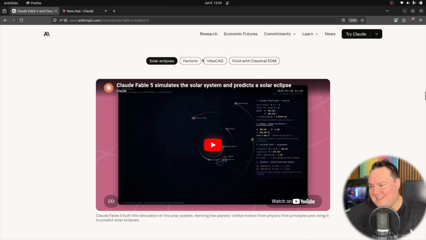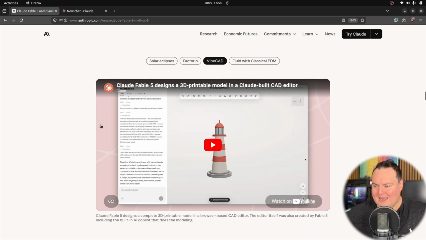They also do have some nice demonstrations of capabilities here. In specific, I find this very interesting because 3D CAD design is something that I've tested models with before. We did a dedicated video where they had to design an enclosure in OpenSCAD, and let's just say it was kind of a disaster. It was entertaining though. So seeing this, even though it looks very simple, this little lighthouse here, this is significantly more competent than I have seen in the past when using models for CAD design, so make of that what you will.